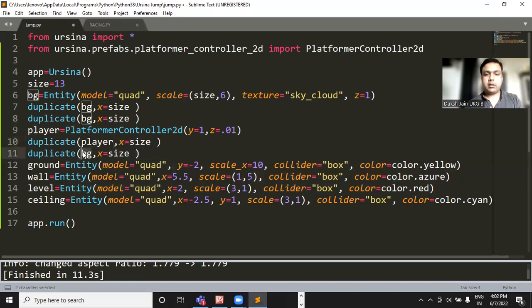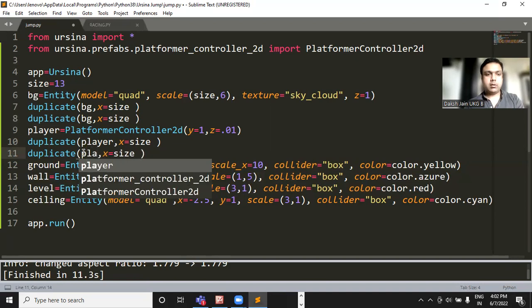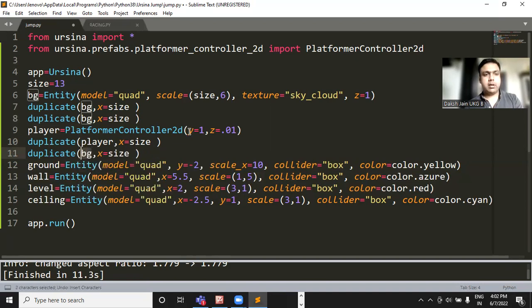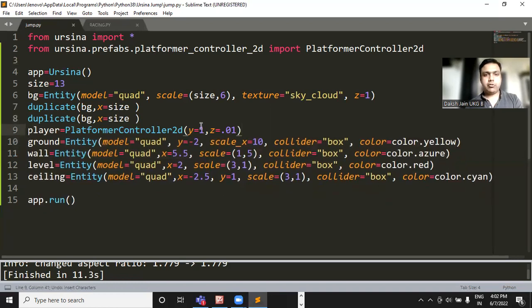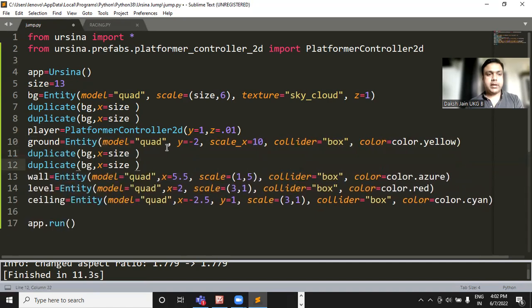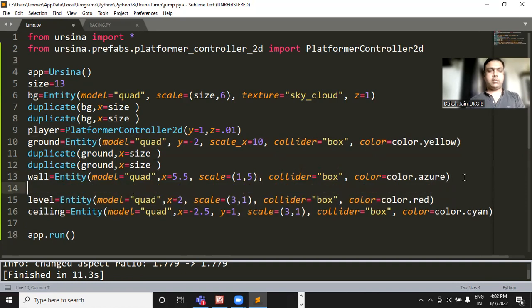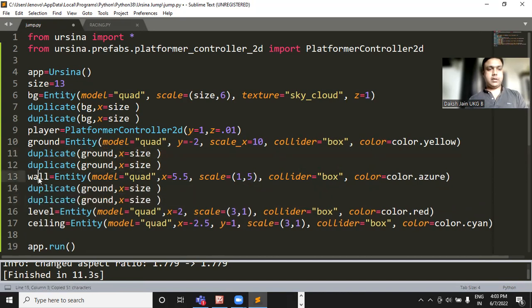So player, and here also we can put, okay, why are we duplicating the player? We'll be playing the game only with one player, no? So I think we should not duplicate the player. We need to duplicate the ground. So ground, we can just copy it and paste it here. Similarly, we can copy the wall and put it here like this, right? And the same thing we are going to do with